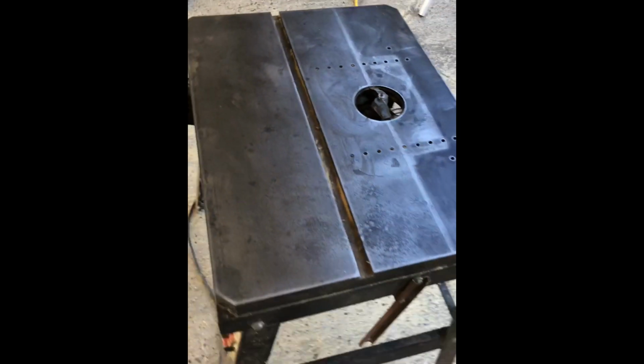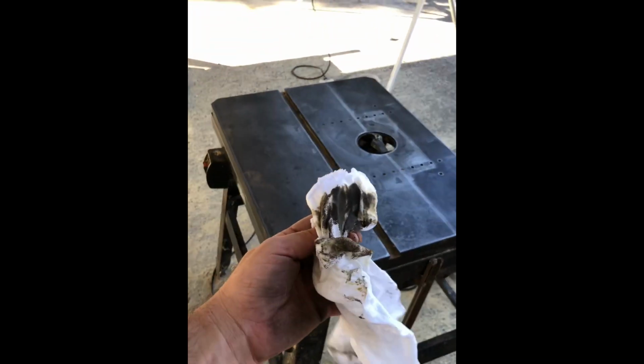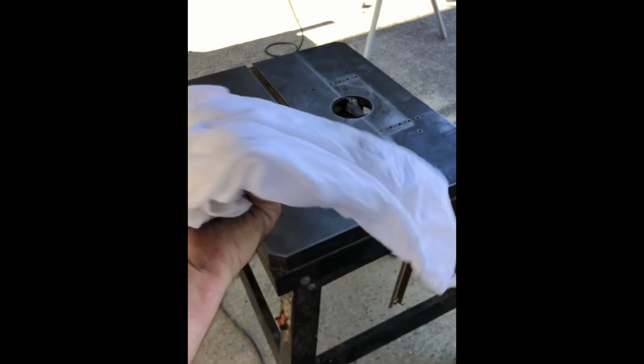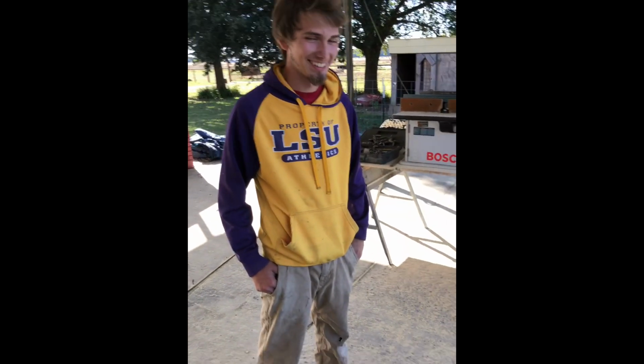Okay, so we're gonna go ahead and let that sit for a few minutes, and then we're gonna wipe it off. Look how dirty that is, bro. Cool. Dirty, huh? Dirty. Okay, so while our router tables are drying the wax on it,